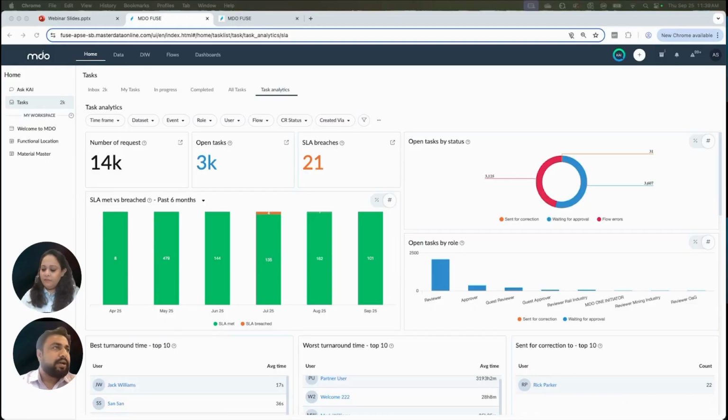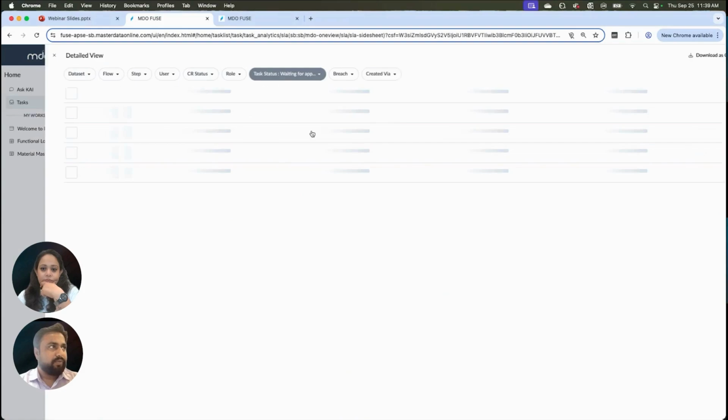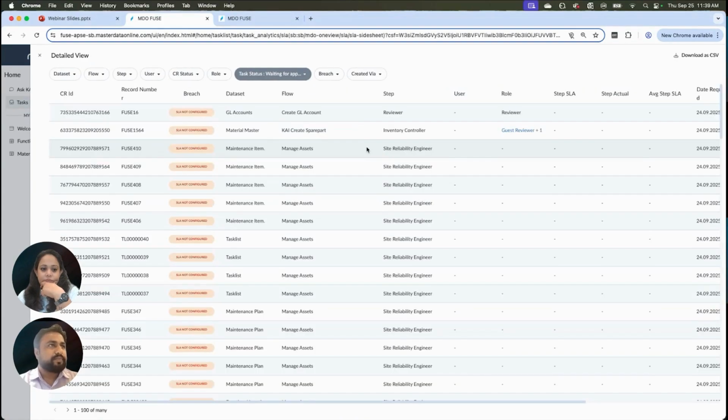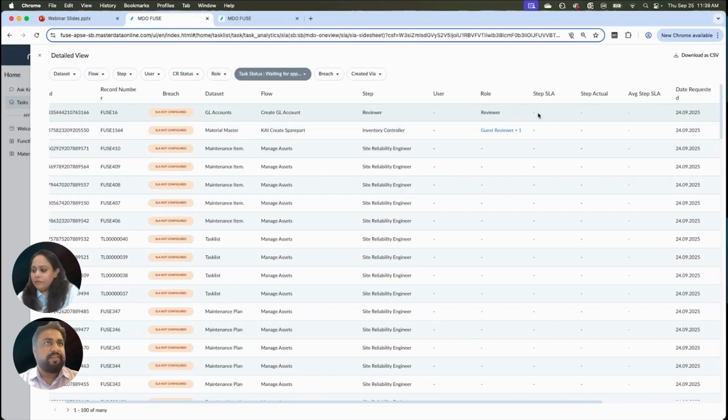Since we're on Task Analytics, I'll start with that. You already saw the download option coming up. Furthermore, we are enhancing the detailed view. You can download this into a CSV file, but as of now there's a list of fields already available here.